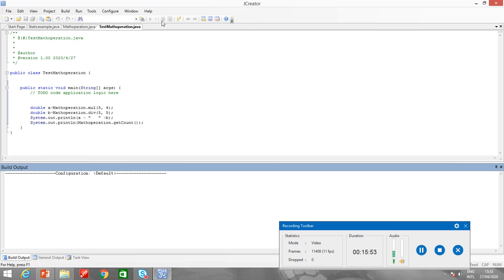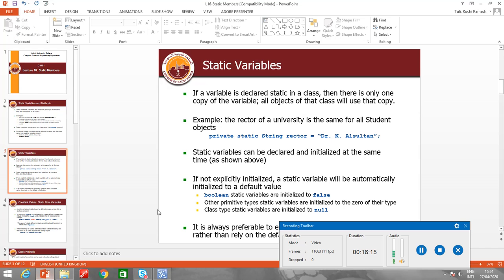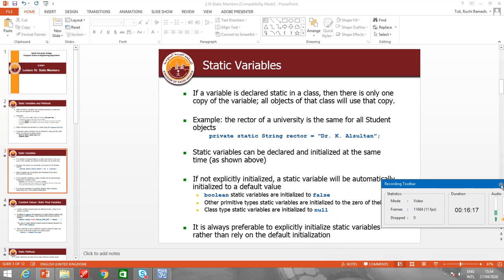So here the value of count will be printed as 1 as I incremented the count. Whatever operation we want to do, we can do inside the method. So private static variables can be used inside the public static methods. Alright, now let's go to the slides to check what the uses are and why we need them.